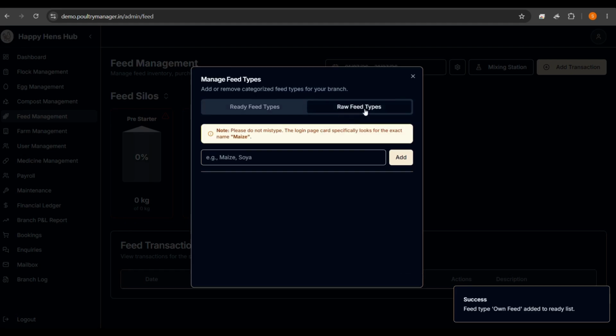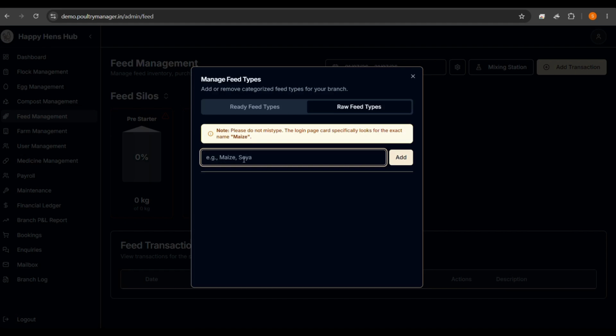So here you can see raw feed type. This one is very important. Means you do not make any spelling mistake because it will not display the correct requirement on login page. So type maize